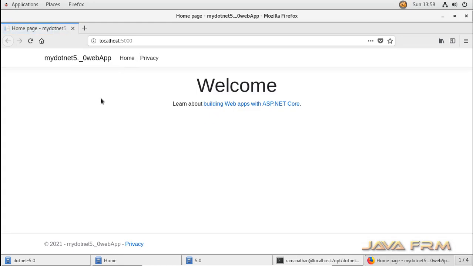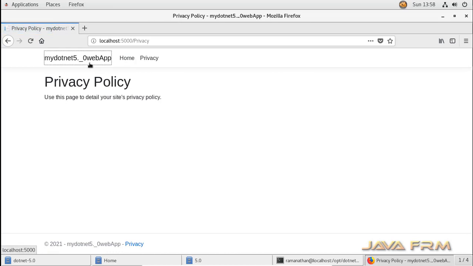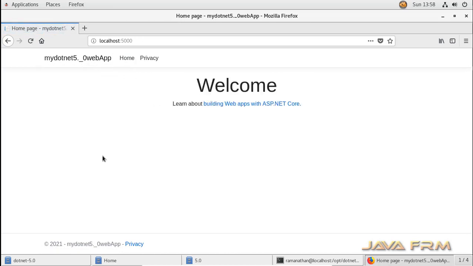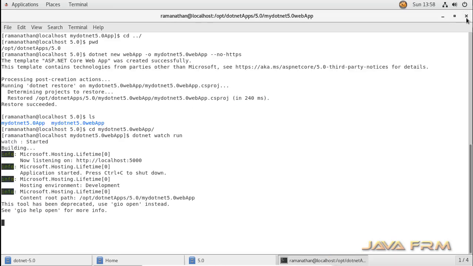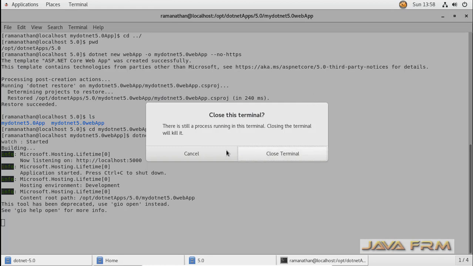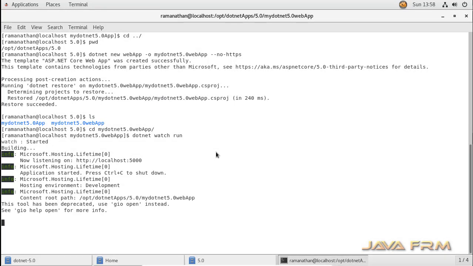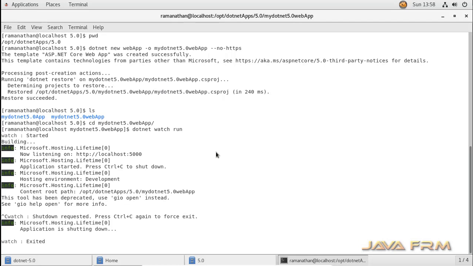Yes. So this is the sample ASP.NET 5.0 web application. So you can modify JavaScript, HTML, content, etc., depending upon your requirement and your knowledge of C#. So you can just press Ctrl+C to quit the application.